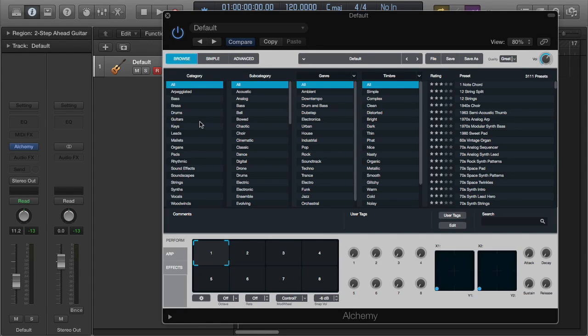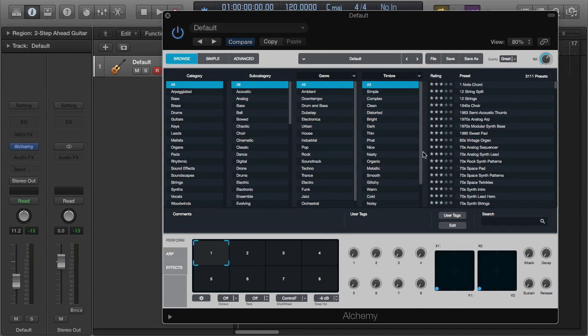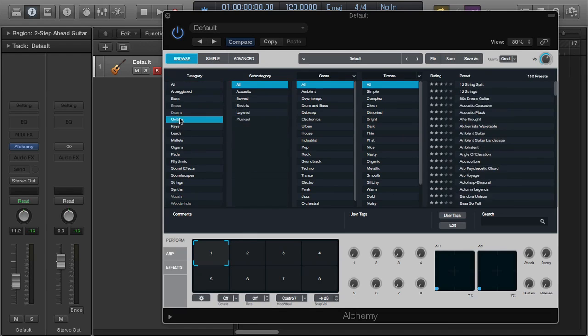Let's start loading something up. Since this was a guitar, let's start with a guitar, and filtering that, you quickly notice how some of these things have been changing, because this at the very end will be your presets column. This is just a result of whatever I do here. So if I start with guitar, my subcategories are reduced because that's what we have for guitar instruments or guitar presets. And if I want to go with layered,